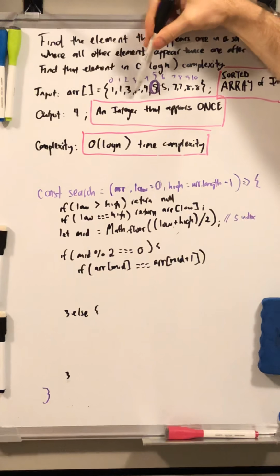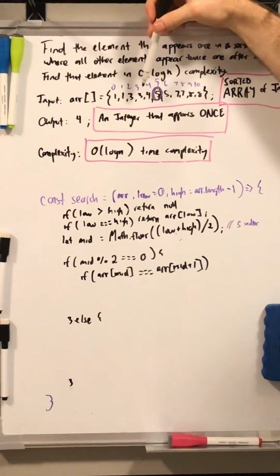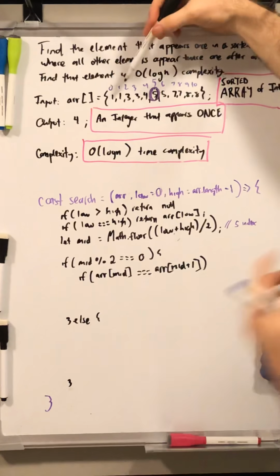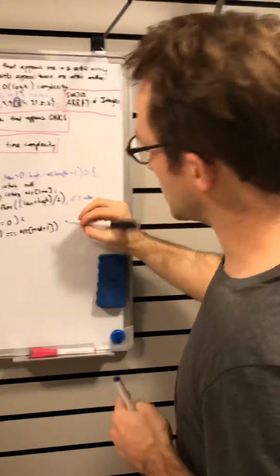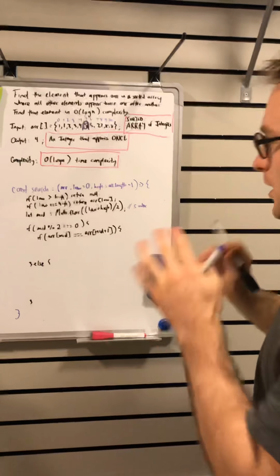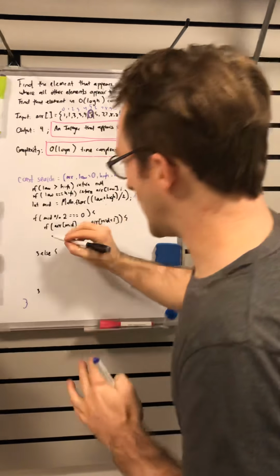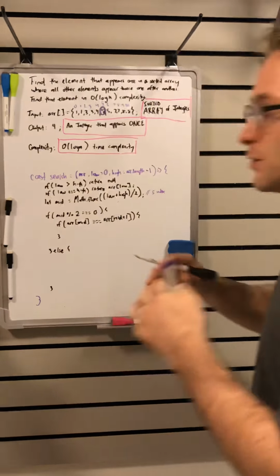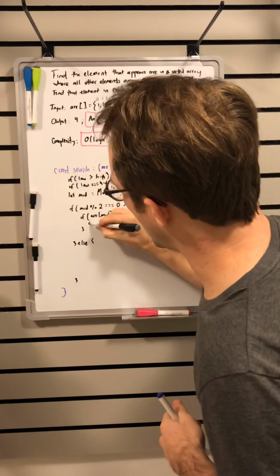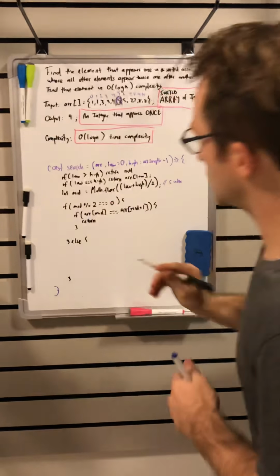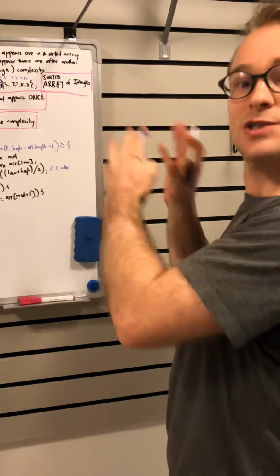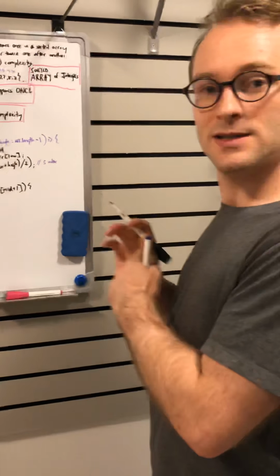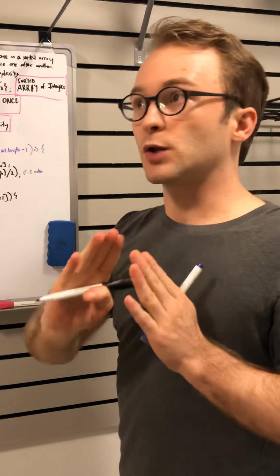So this would be the pairing. We say, okay, if it is even, then the next guy over must be its pair. If that is true, that it is equal to it, then let's continue to do our recursive call. Because now we don't want to look at mid plus 1, we want to look at mid plus 2, because mid plus 2 means we're going to look up